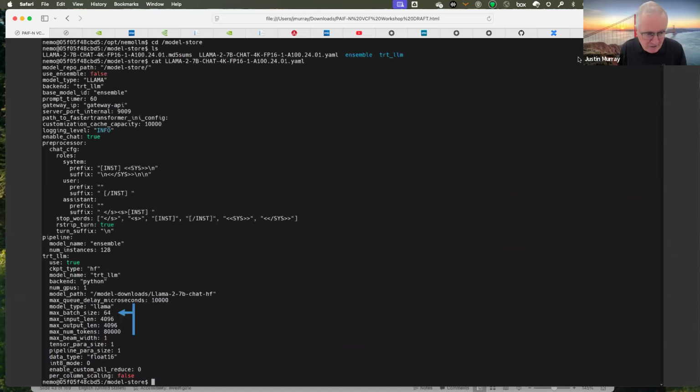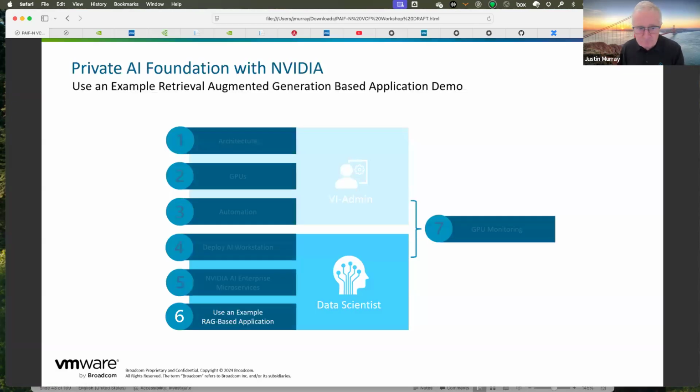And here's where the model is stored, and here are the parameters to the model. So this is part of the answer to Raj's question about how do I set my parameters. We set the parameters for you in this file, but of course you can change these parameters if you so choose to. Data scientists like to do this at the command line, so that's why I showed you what's going on in the deep learning VM from the command line here.